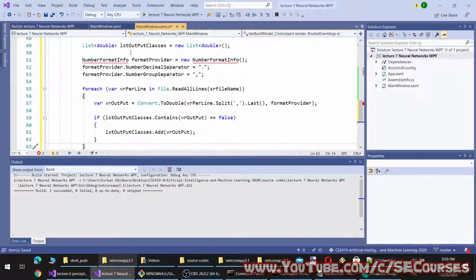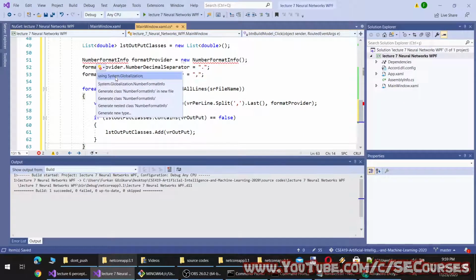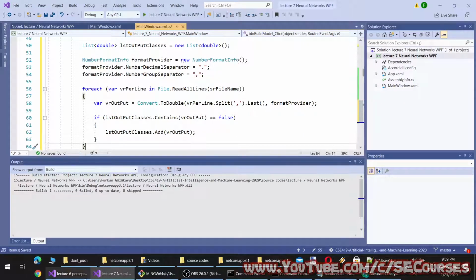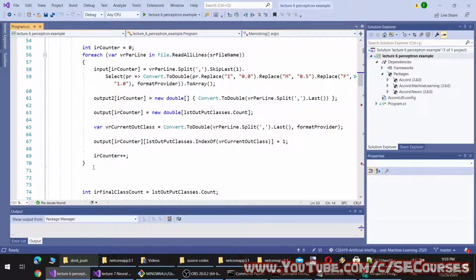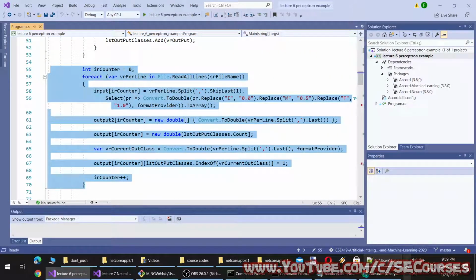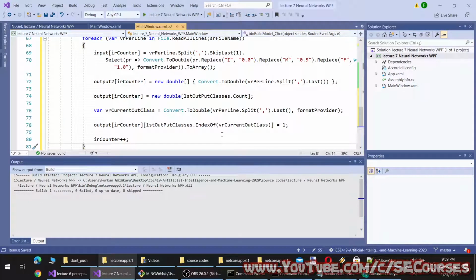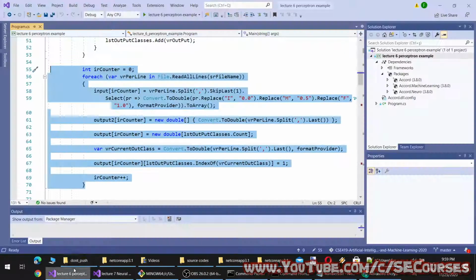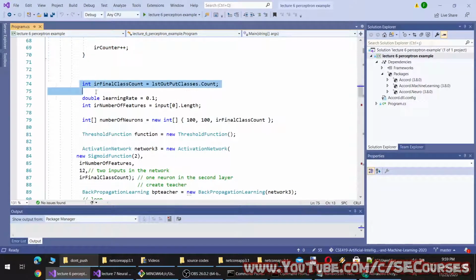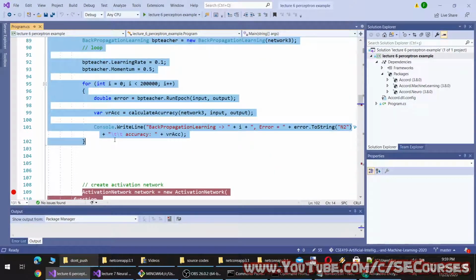Okay, we were using NumberFormatInfo, and in this way we were generating the data, and our latest algorithm was like this.